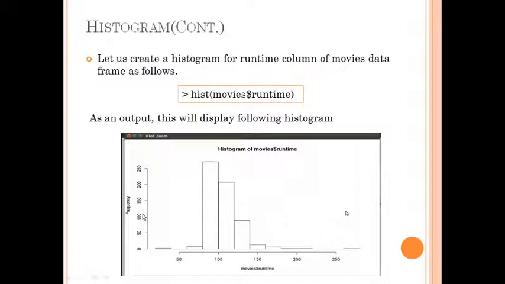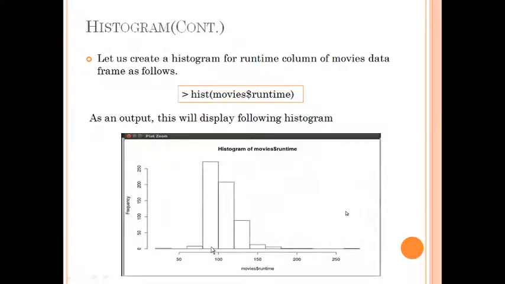Here it is saying frequency, which means how many movies are there at that particular value, and this is the runtime. On the x-axis we have runtime, on the y-axis we have the number of movies with that particular runtime.